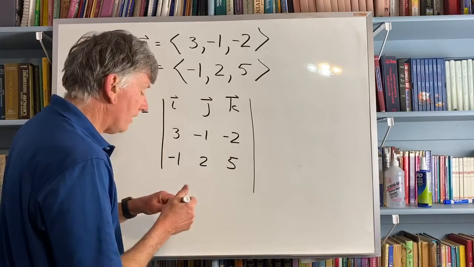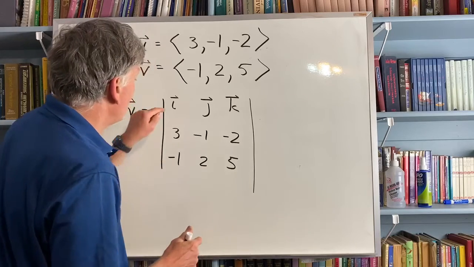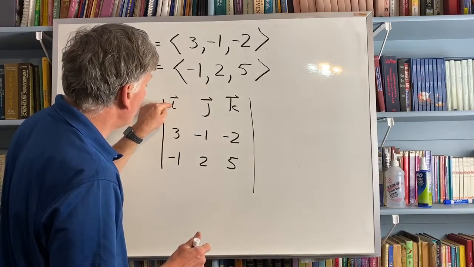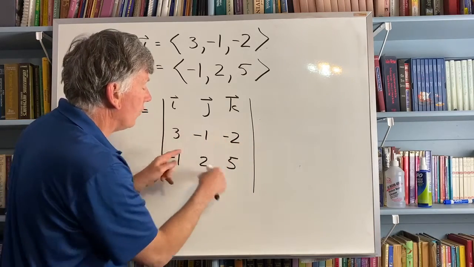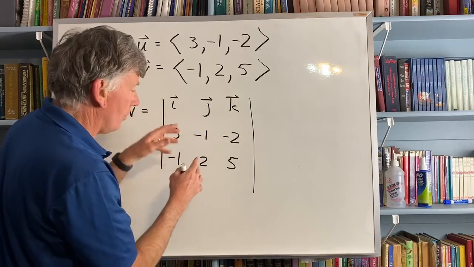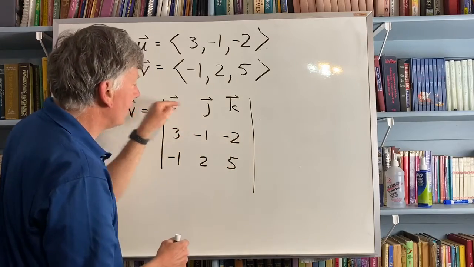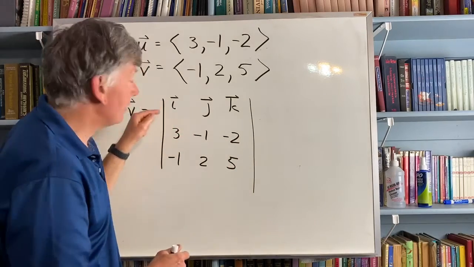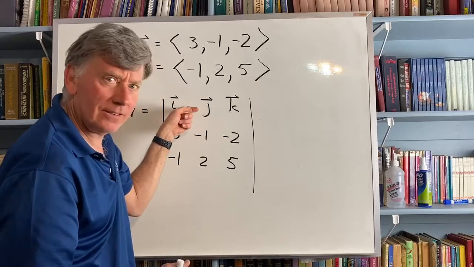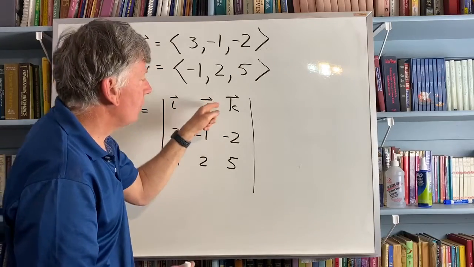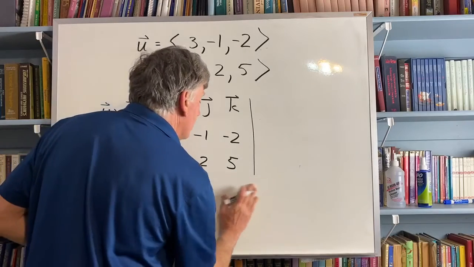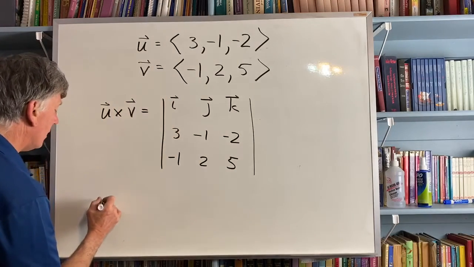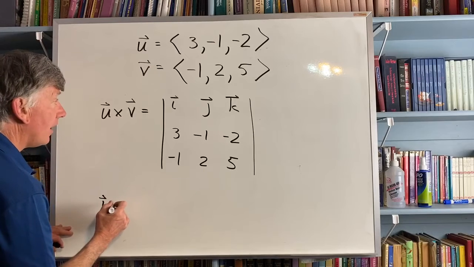Now remember that when we do determinants, we take the first term and we make a 2 by 2 determinant out of the numbers that are not in the row and column that i is in, and then we're going to subtract j, and then we'll go back to adding k. So this becomes, give me some room down here, i times